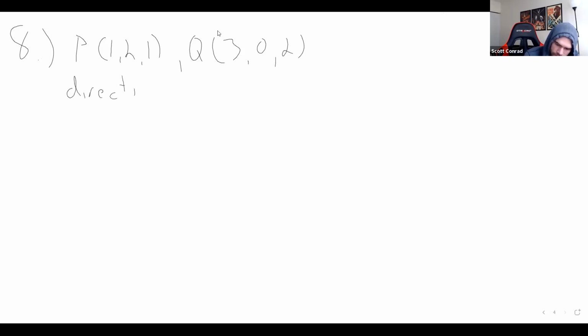And so the direction is going to be the vector from P to Q, which would be 2, 2, negative 1. That's a perfectly fine direction if all you care about is direction. But if you have to calculate the directional derivative, you always need to get